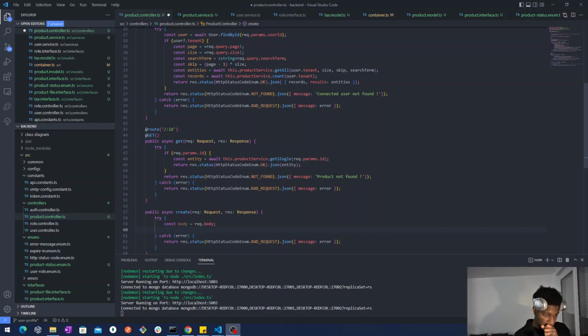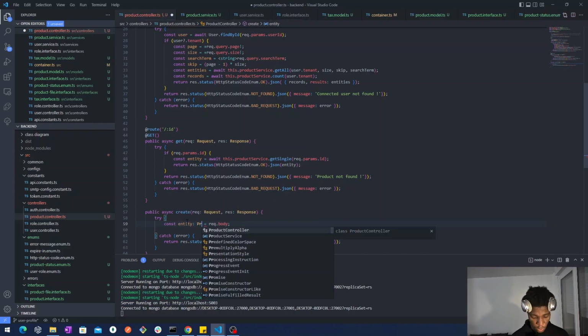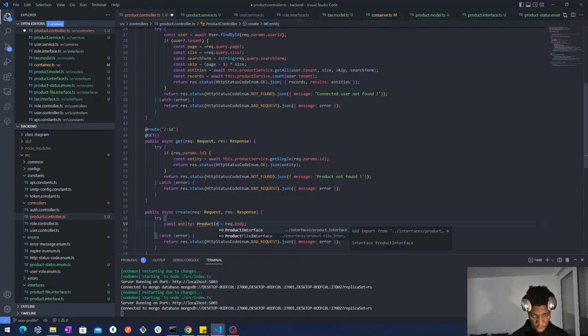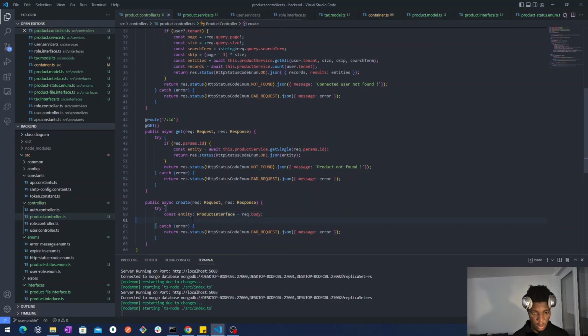So yes, here we say that we have a body. So we say entity, like I said before, to keep entity, and here we want the product interface. So we convert. We say the type is a product interface, and here we will check if